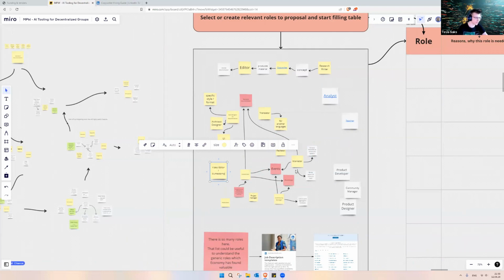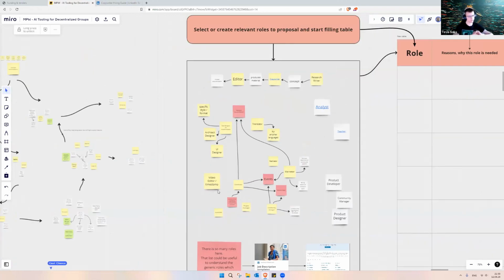Because when we started this proposal several months ago, and it's still in the scope, one of the first features that is meant to be launched on this platform would be the aggregation, or not dissemination, and aggregation of